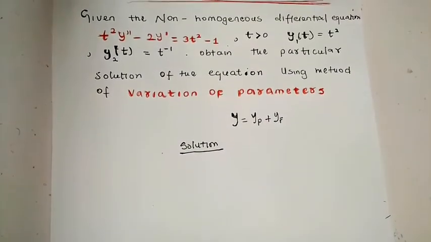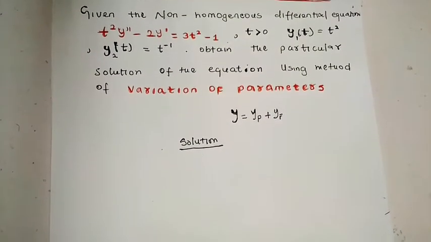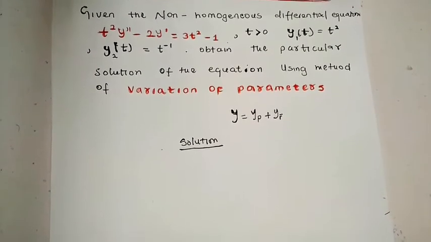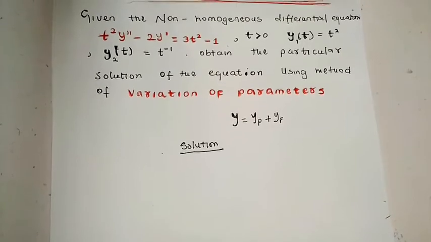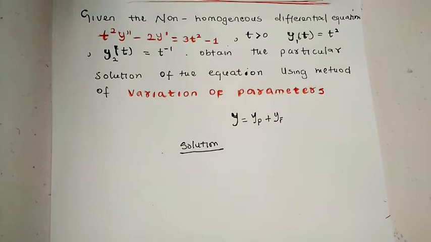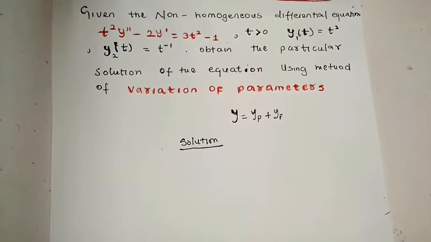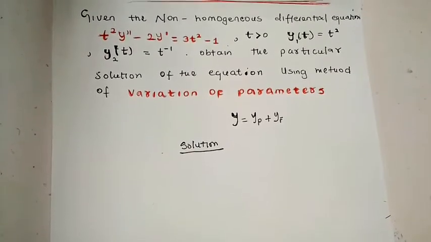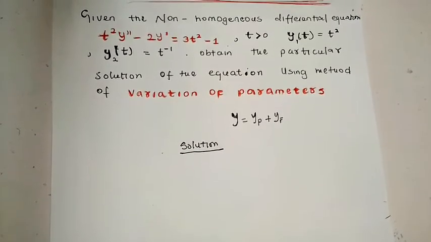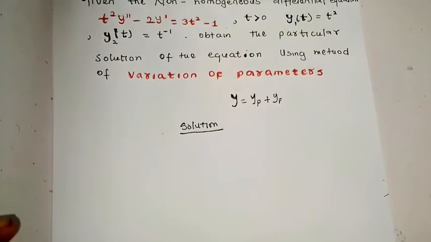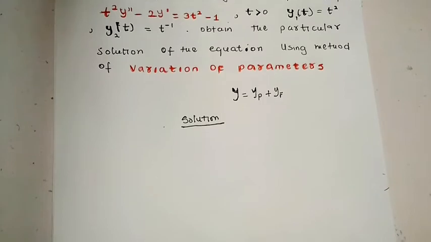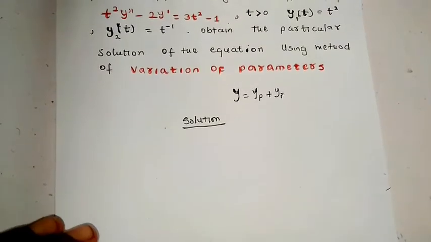Now, before we proceed, we need to know the formula of variation of parameters. If you check my previous video on variation of parameters, there are actually two formulas for using variation of parameters. I treated the first one in the first video. Now, we're going to be looking at the wronskian method for using variation of parameters. So the second formula for variation of parameters is given as